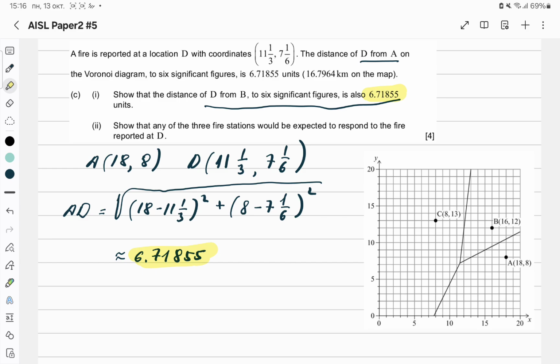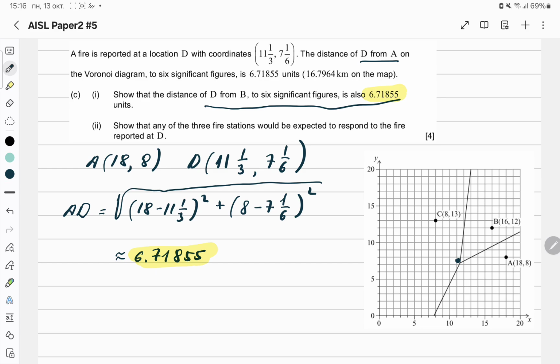Okay, reported at D. So what we can do, we know that the DC, so let's underline D here first, 11 and 7, so somewhere here, right? 11 and 7. So 7 point, yeah, something like this. Yeah, and we should say that the distance